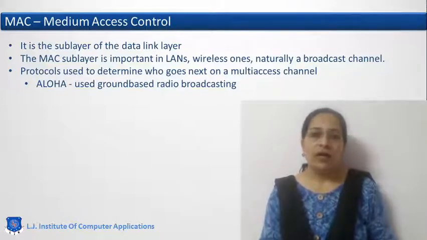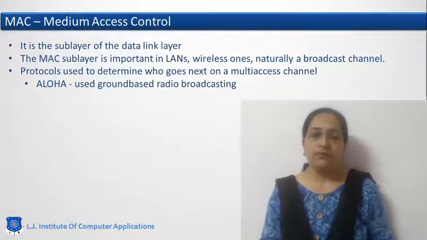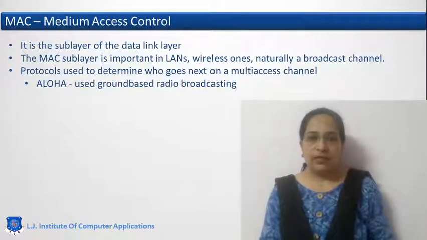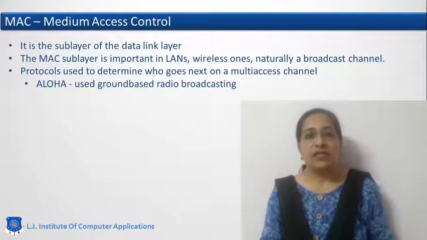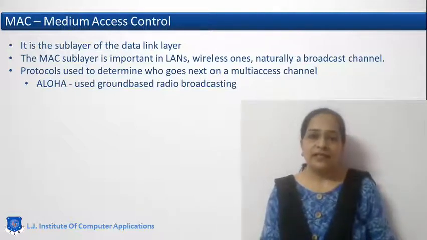You might have heard the name MAC, Medium Access Control. It is the sub-layer of the data link layer. What is the use of this layer? When communication is carried out through a physical media, the physical media is a shared media, as we have discussed before. Each and every station wants to transmit their data. Who will access the channel, and when, and for how much time? Who will decide that? There comes the MAC sublayer.